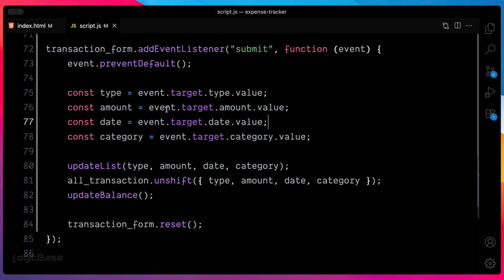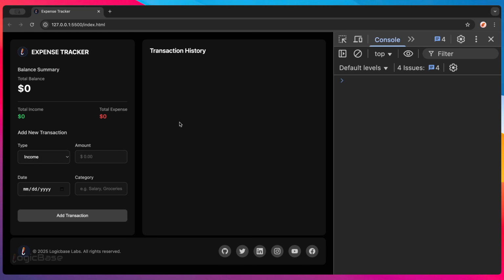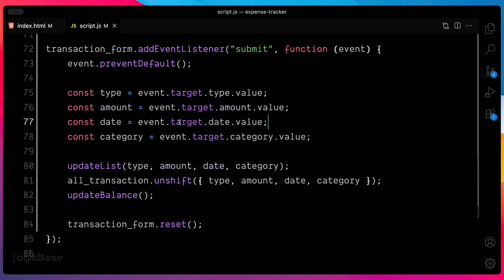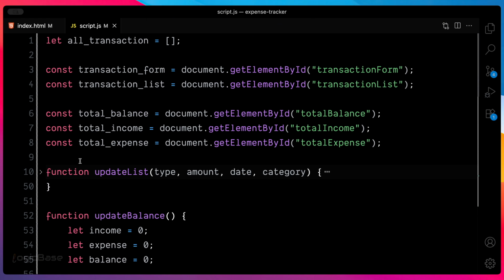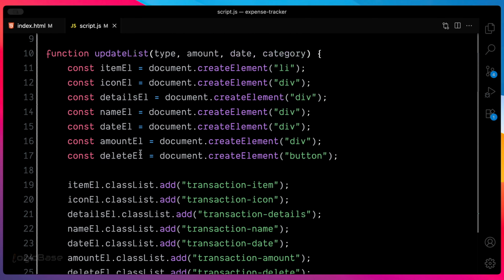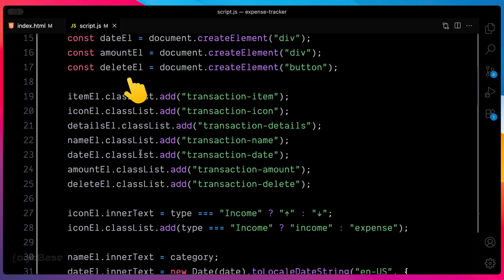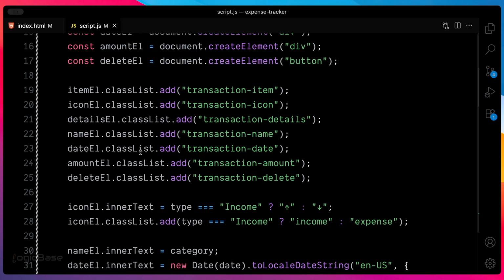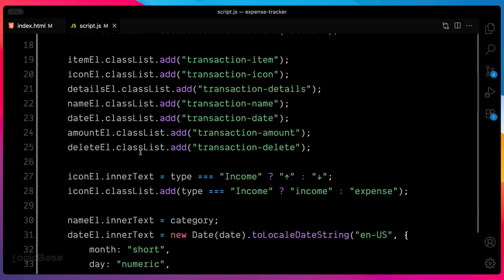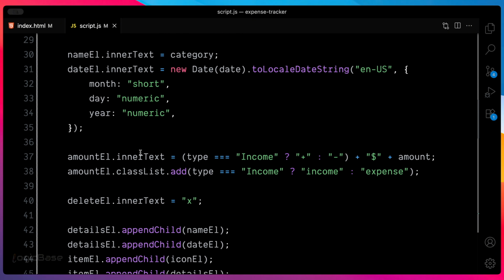Now there's one more feature left to build, the delete option. Let's work on that. For this, we will go back to the updateList function. If you look there, we already created a delete button called deleteEl. What we want now is that whenever someone clicks on deleteEl, that specific transaction item gets removed. To make that happen, we will need an event listener. Inside the updateList function, we will attach a click event listener to the delete button by writing